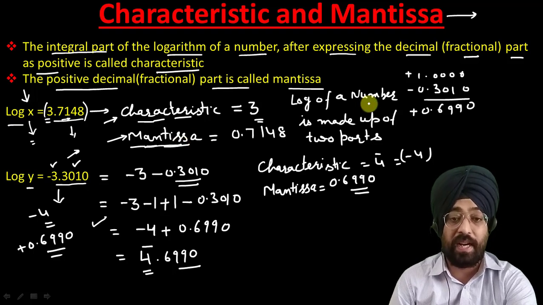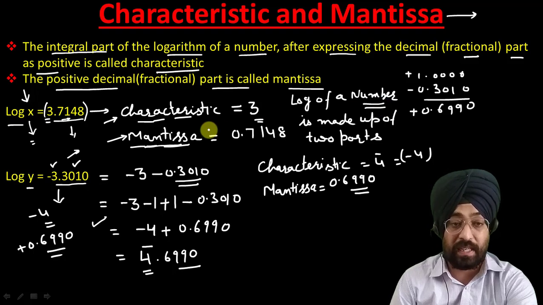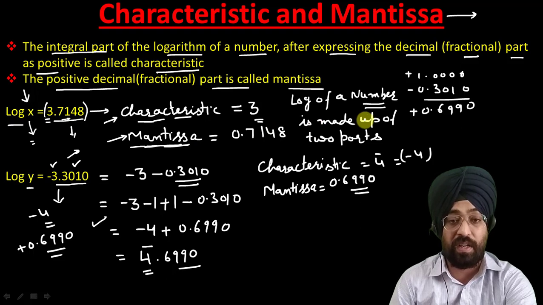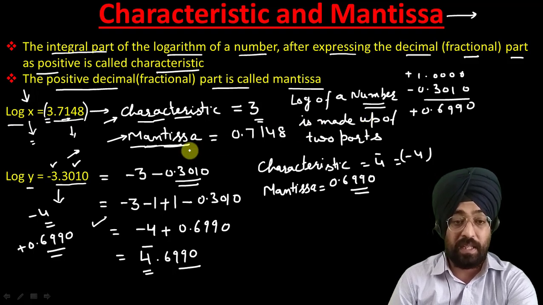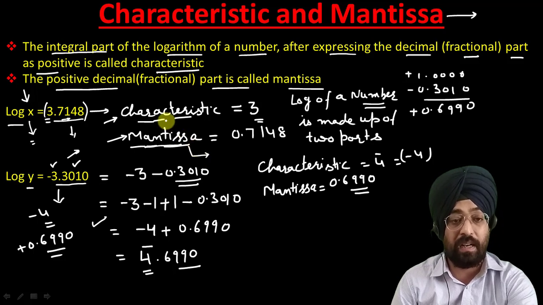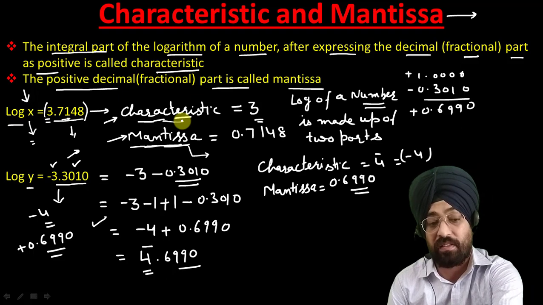So when we have to find the log of any unknown number, we need to know its characteristic and mantissa, and then we will combine them. That will give you the value of the log of a number. The mantissa is generally found with the help of a log table, and there are rules to find the characteristic of a number that we will discuss in our next slides.